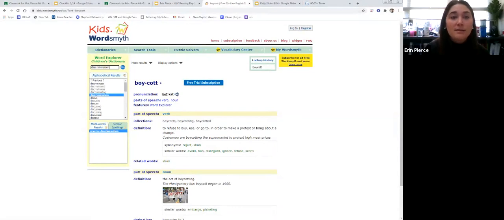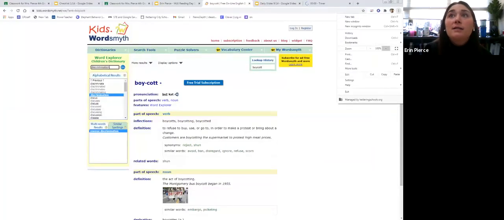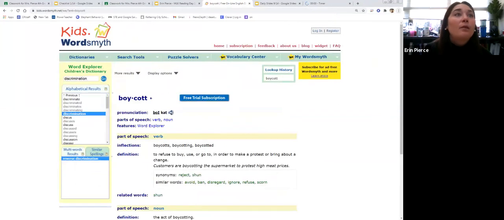Discrimination. You might have to toggle back between screens if you're having a difficult time spelling it. And I can even zoom just a little bit on my page. There we go. And if I hit go,